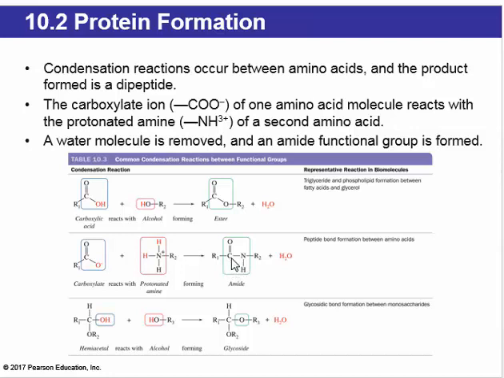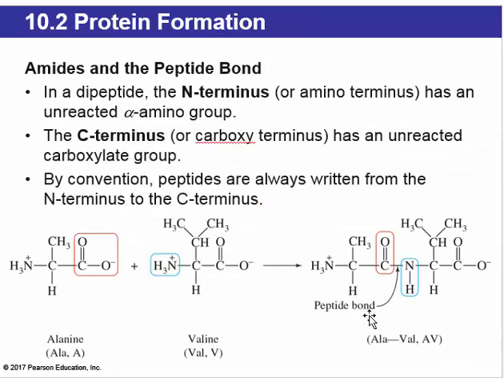So an amide is a carbonyl carbon, this carbon double bonded to the oxygen, that is also singly bonded to an amine group, or that nitrogen. In a dipeptide, there is still a protonated amine functionality as well as a carboxylate group. The dipeptide is always written so the protonated amine is on the left-hand side, and that's known as the N-terminus or N-terminal. On the other end, the carboxylate is known as the C-terminus or the C-terminal, and that is always written